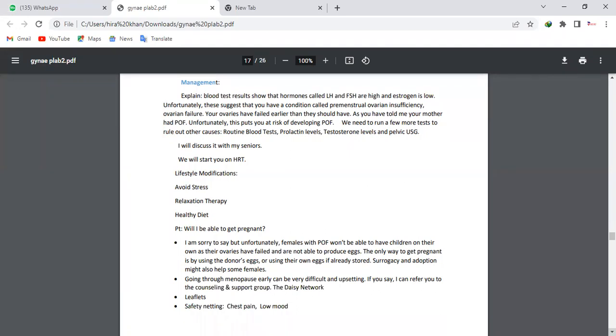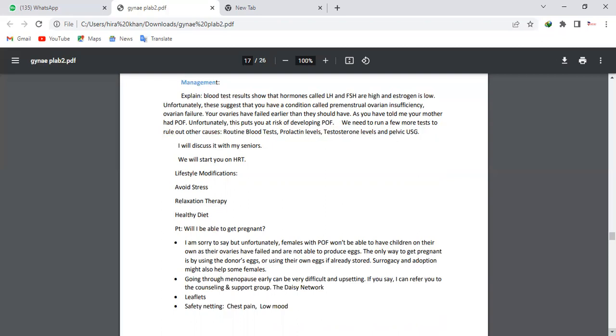Well, as you're upset, I can see that this is very problematic for you, and I can understand your condition. What I can do is refer you to the talking therapy, and they will help you to feel better. If she mentioned that my husband is not good with me, then you can recommend they refer to counseling and support group, couple counseling and support group.